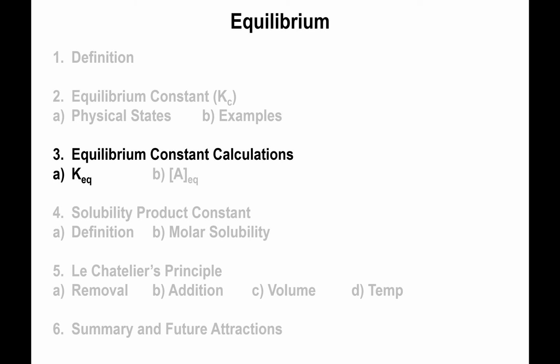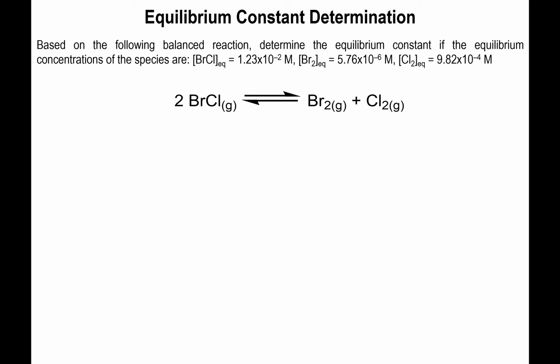All right, let's talk about the equilibrium constant calculations. The first thing we're going to look at is calculating the equilibrium constant itself. In a problem of this sort, you will literally be asked to find the equilibrium constant. In order for this to be possible, you have to be given the concentrations of all the reactants and products